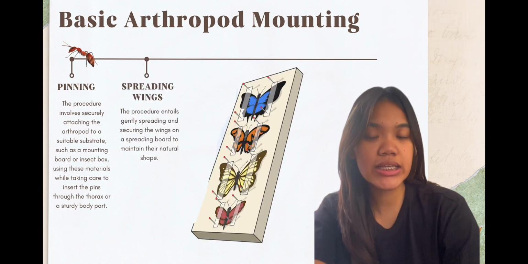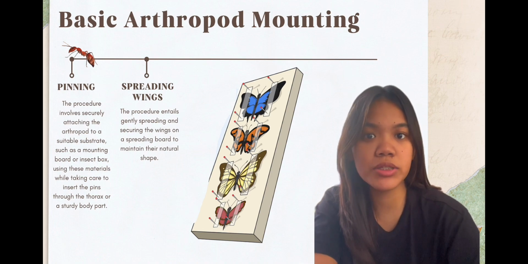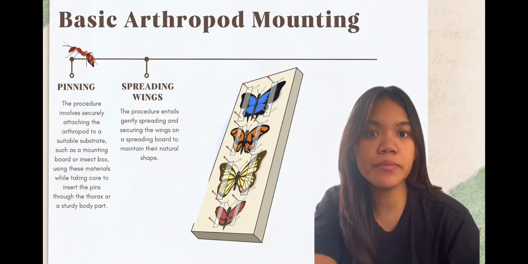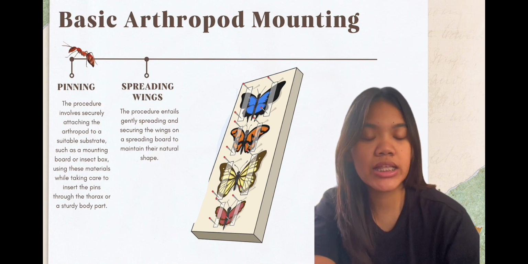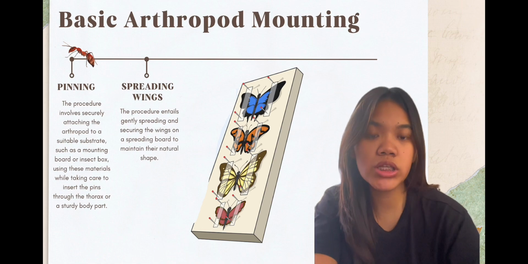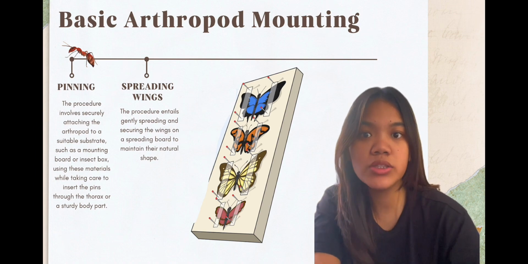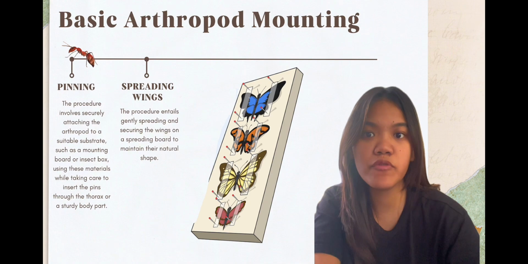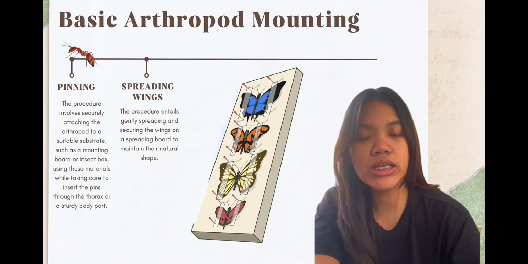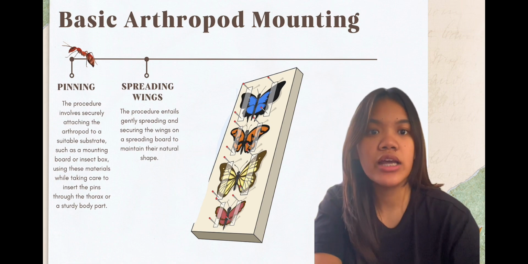The next one is spreading the wings. To preserve insect specimens effectively, gather materials like spreading boards, insect pins, pinning forceps, and softening agents such as water or steam. The procedure entails gently spreading and securing the wings on a spreading board to maintain their natural shape, with the option to use water or steam for reshaping, resulting in scientifically valuable specimens for entomological study